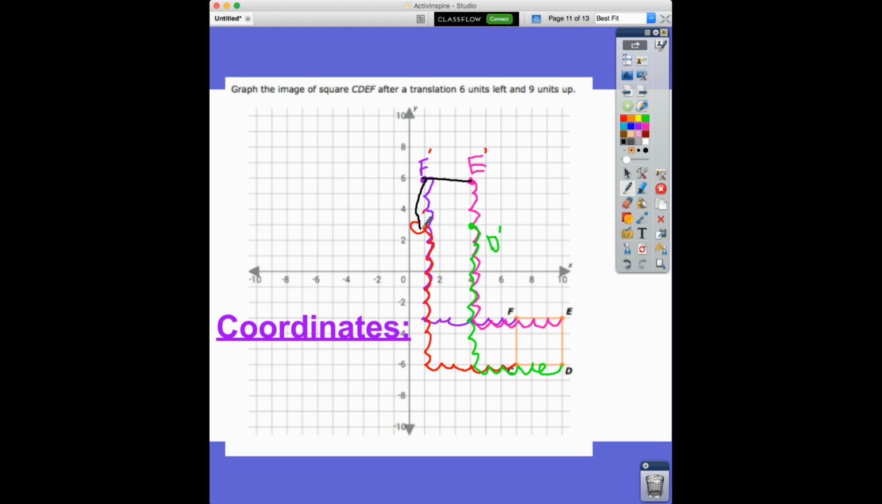Then they want us, oh Lord, to write the new coordinates. So we would be writing C prime, D prime, E prime, and F prime. So C is at 1, 3. D is at 1, 2, 3, 4. 1, 2, 3. E is at 4